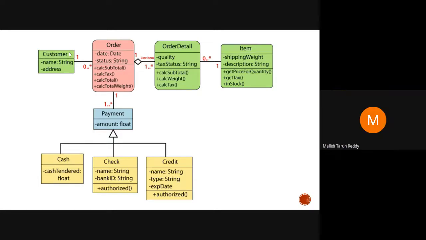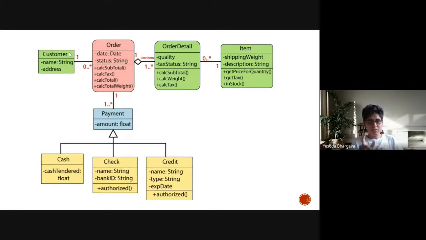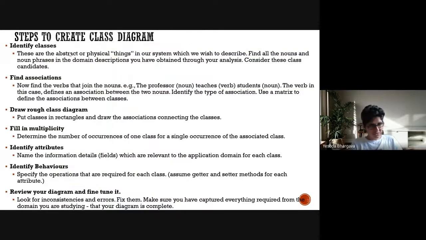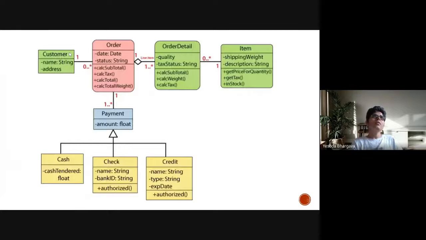No, ma'am. Okay, so that was for me today. Tomorrow I will discuss more about how to create a class diagram step by step using an example. So in today's class, we tried to learn about aggregation, relationship, composition, and please do not forget the homework that I have given to you.